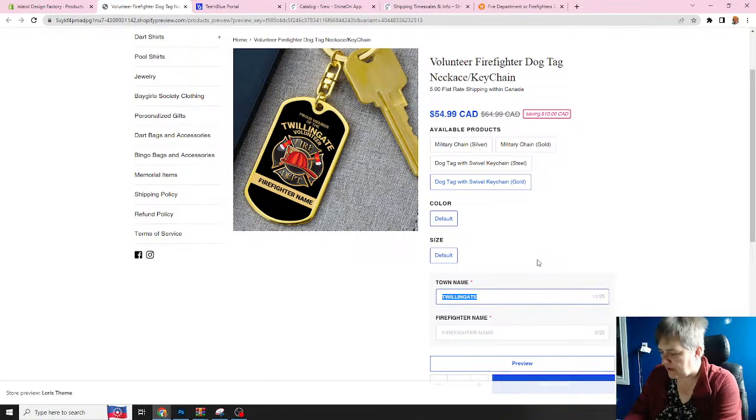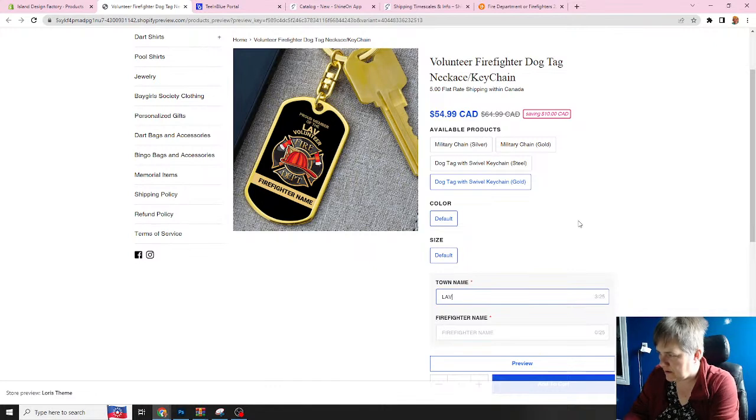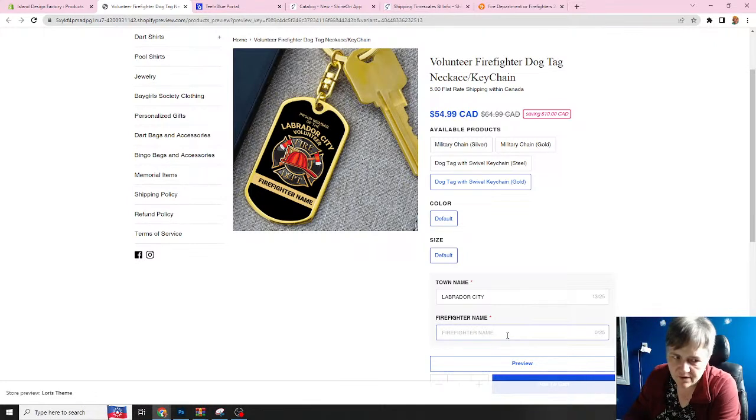So let's try a couple of different names. What's a good name? A nice long one. Grand Falls, Windsor. Okay, yeah. It's not too much smaller than where it says volunteer. Grand Falls, Windsor would have a paid fire department because it's a larger town, but Labrador City. Okay. Firefighter name, Emmanuel Wilkinson. Okay. Now that needs to be adjusted because we're over to the right to our edge and we're only at 19 characters. If we put in another 6 characters, something gets cut off. Now it won't be cut off on our design, it's just cut off on our...